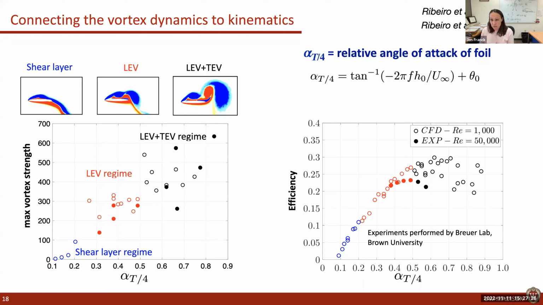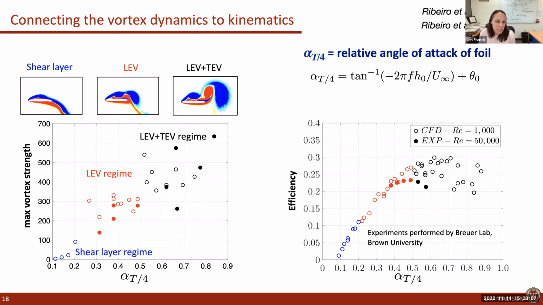So again, we're changing frequency, heave, and pitch across a wide regime. And then we're just calculating this alpha T over 4 and plotting how the vortex changes in these different regimes. So by using this alpha T over 4, we could see that the max vortex strength correlates very well with this kinematic parameter. And qualitatively, we can look at the images across this alpha T over 4 scale